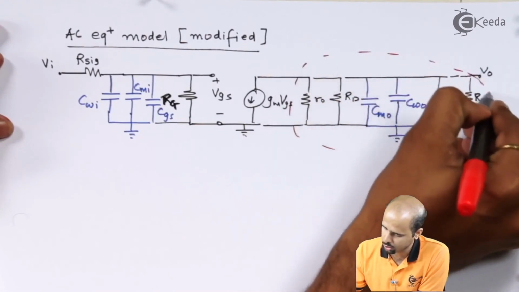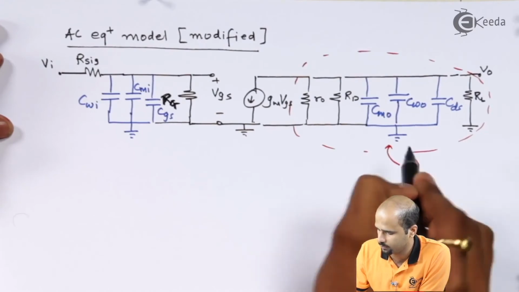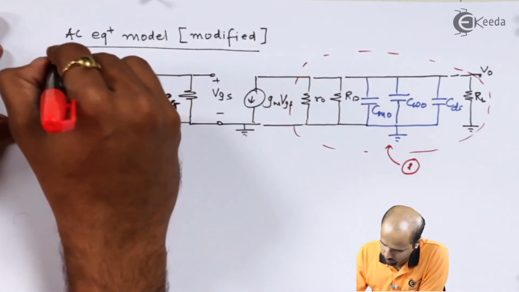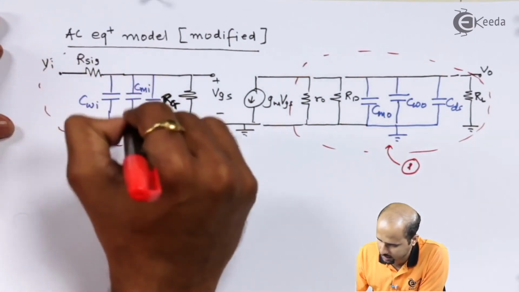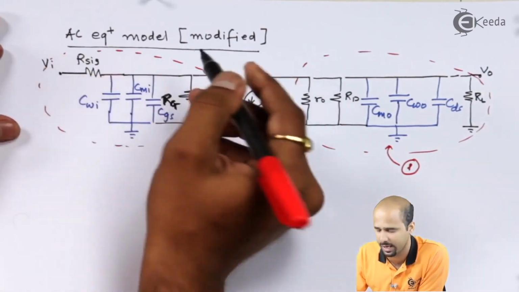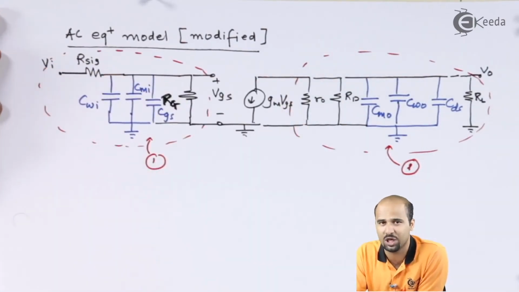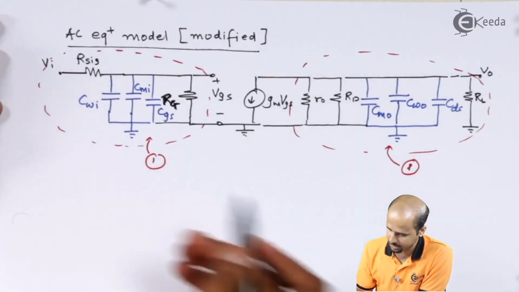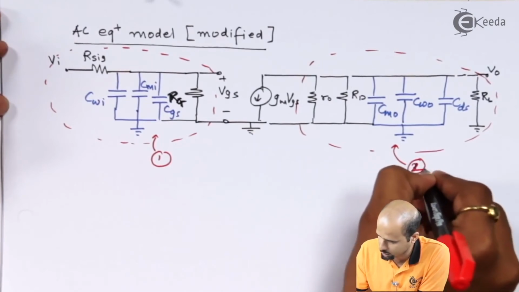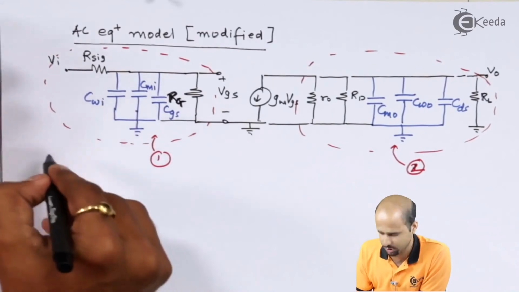Here also I can get the value of FH, that is the higher cutoff frequency. Here we will get the higher cutoff frequency where the resistances in the form of RG and RS give me the value of FHI. So we will calculate the values of FHI and FHO, here it will be 1 and here it is 2. Okay, so let's start with the calculation of the value of FH.